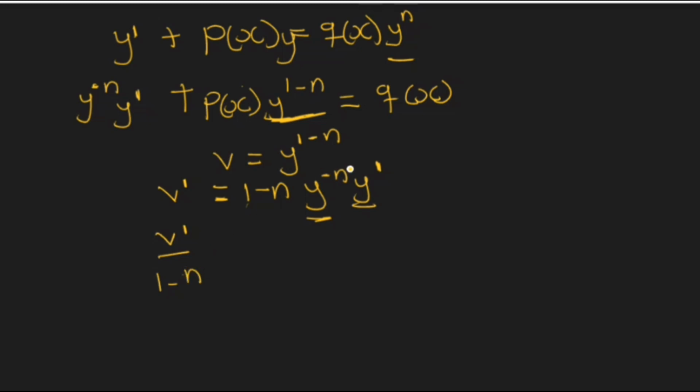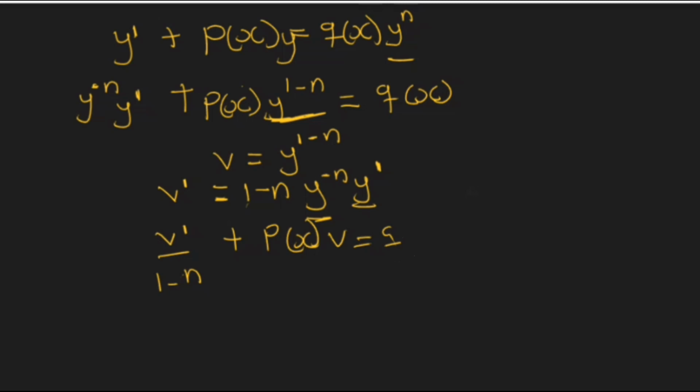So I'll remove this and I'll put this one there. And I know that y to the power 1 minus n is the same as what? v. Is that not it? So plus p of x, then I have my y to the power 1 minus n being v, and all this will be equal to q of x. So I've changed my variables from y to v,